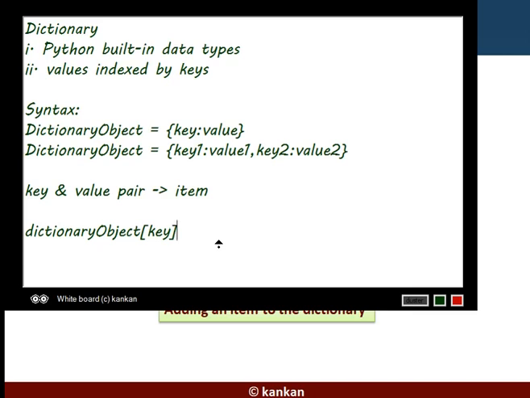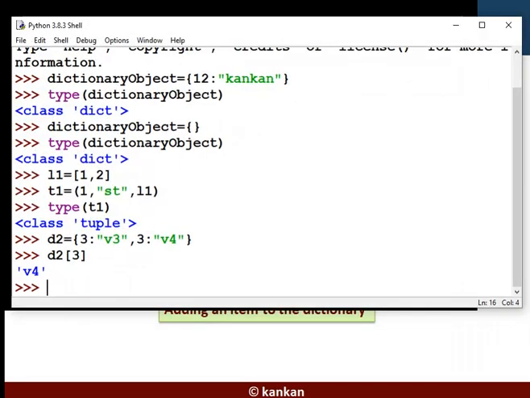In that way we will access the dictionary value. So giving an example, suppose D1 is a dictionary object.